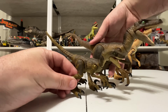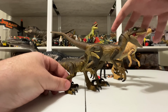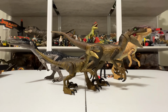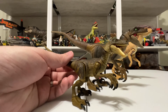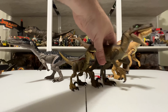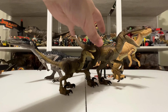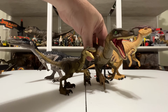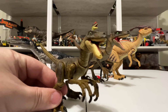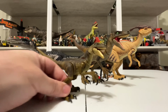The paint almost looks more complex on the smaller version. This is a $30 figure, the big one. This is a $12.99 figure. So the fact that they were able to pack all that detail and paint into the smaller version for $12.99 is pretty incredible, considering this one is $30 and this one is $12.99. If I had to pick one nitpicky thing that I like about the Amber Collection, it's the teeth. The teeth on the Amber Collection are a little more defined. You can see they're almost individual, whereas on the Hammond Collection, it's sort of just one big block of paint. I wish there was a little more definition there, but other than that,